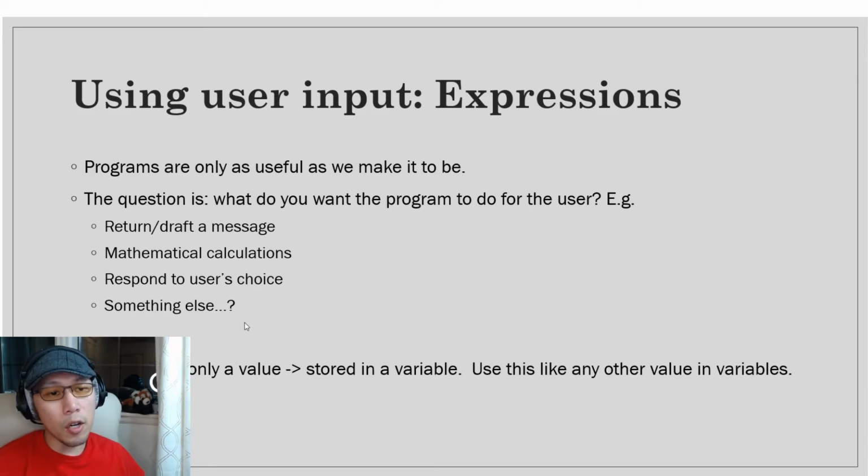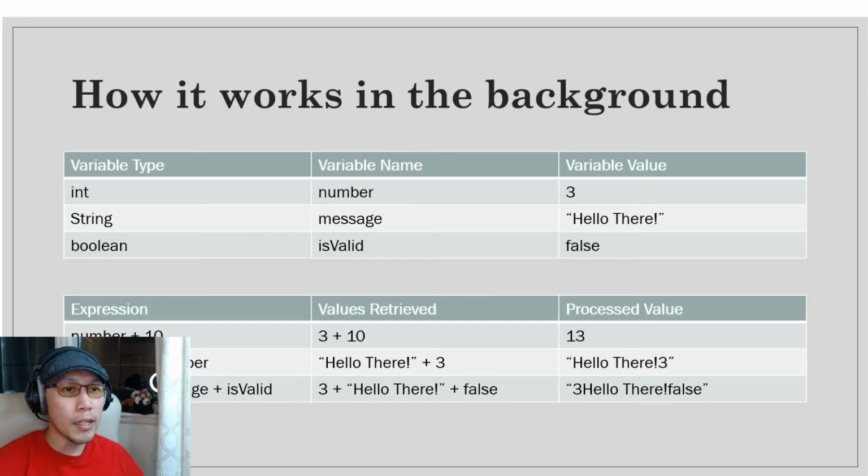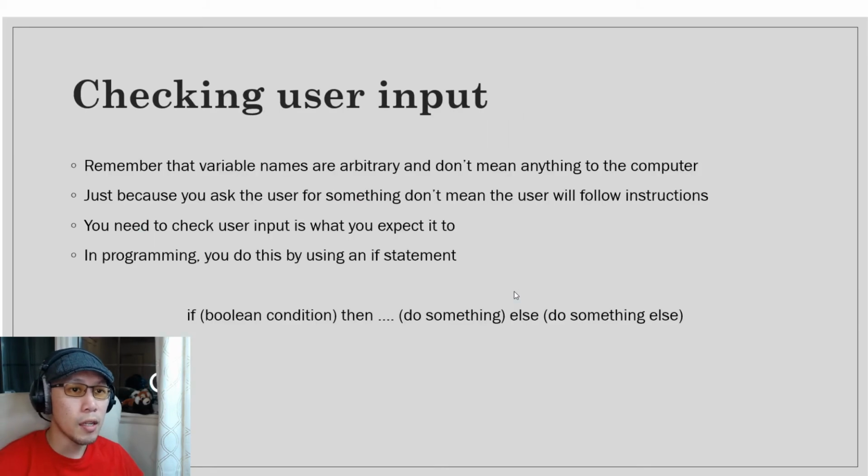And there's really a whole bunch of other stuff that you can do with user input, but we're not going to worry about that just yet. These are just the very beginnings of working with user input. Keep in mind that the user input is really only a value. It's intended to be stored in a variable, and you're expected to use this just like any other value in variables. And keep in mind that how it works in the background is there's variable type, variable name, variable value, and that's used instead of expressions and the values that you retrieve, that gets retrieved by the computer and processed. All right, so